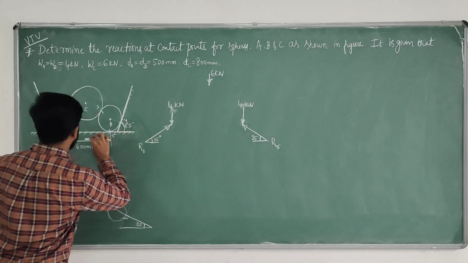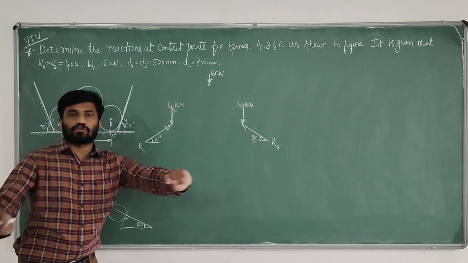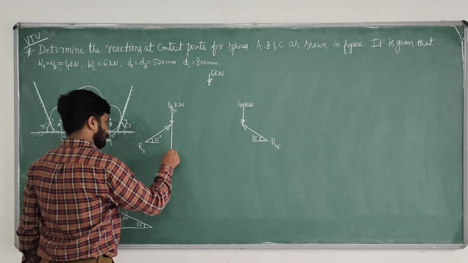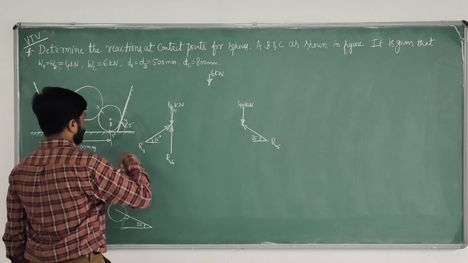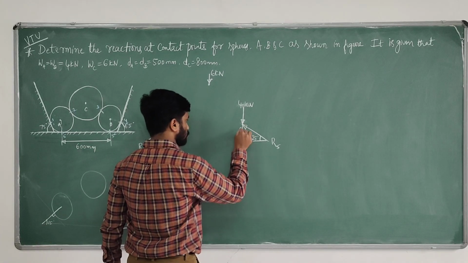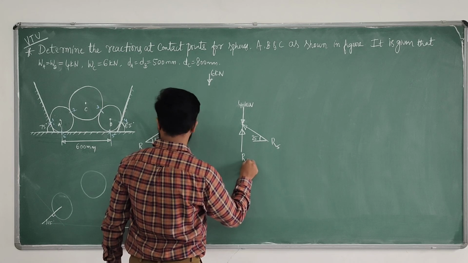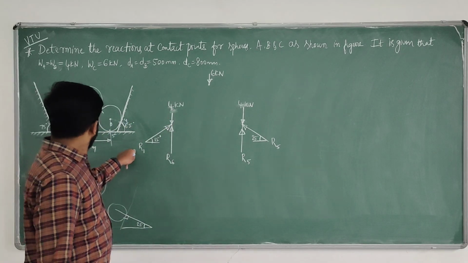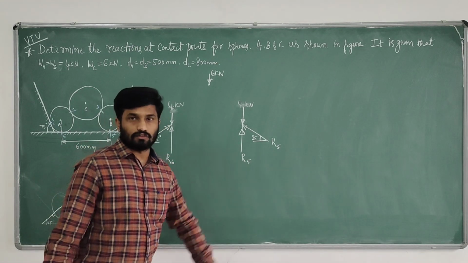Drop a perpendicular here, drop a perpendicular here. 90 minus 75 is 15, 90 minus 65 is 25. That is over. Next, you have one purely vertical reaction, for every action an opposite reaction. That is R6. This is the action here, also vertical. That is R5. So R1 is over. R2 and R3 are remaining.